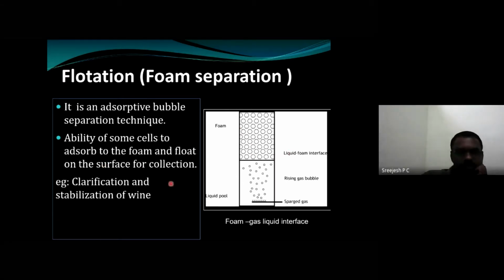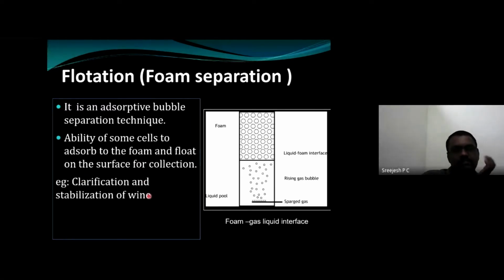As I mentioned, one particular example you can see here is the clarification and stabilization of wine. Here we are not separating the cells, but we are removing all the sediments, maybe like the seeds or maybe the skin of the